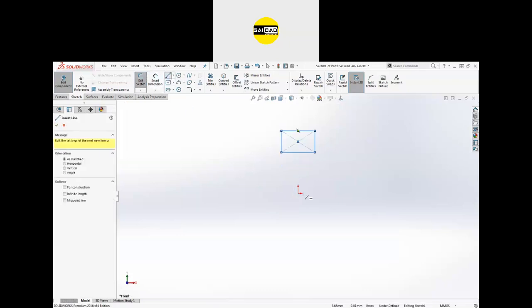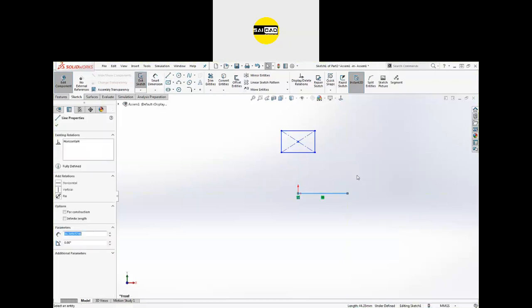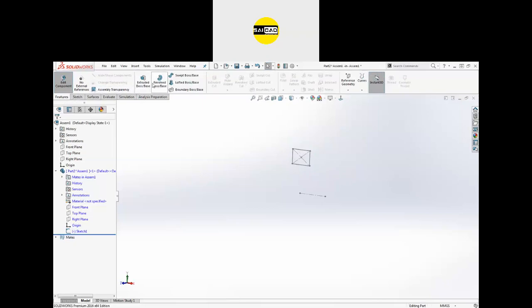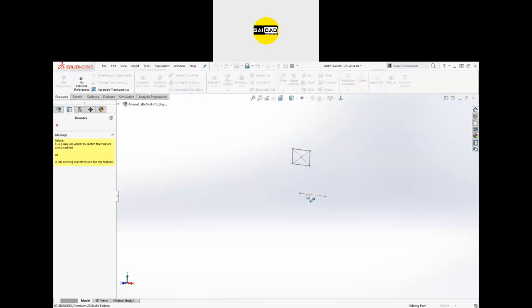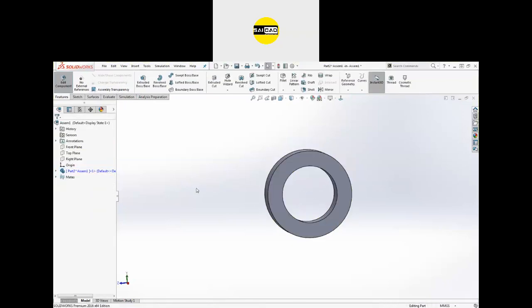Create an axis and define it. I'm not going to define it right here. So exit out of the sketch. Now go to the feature and use the revolve from here. Select the axis and now we can just revolve the object like that.